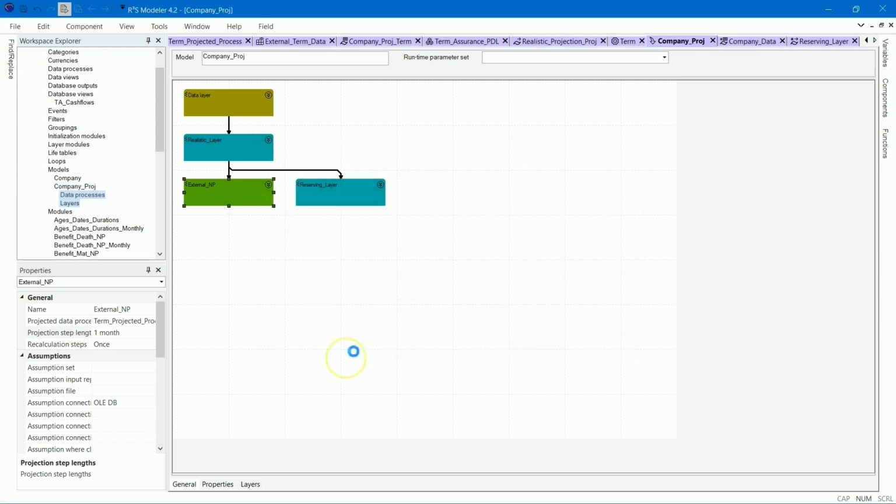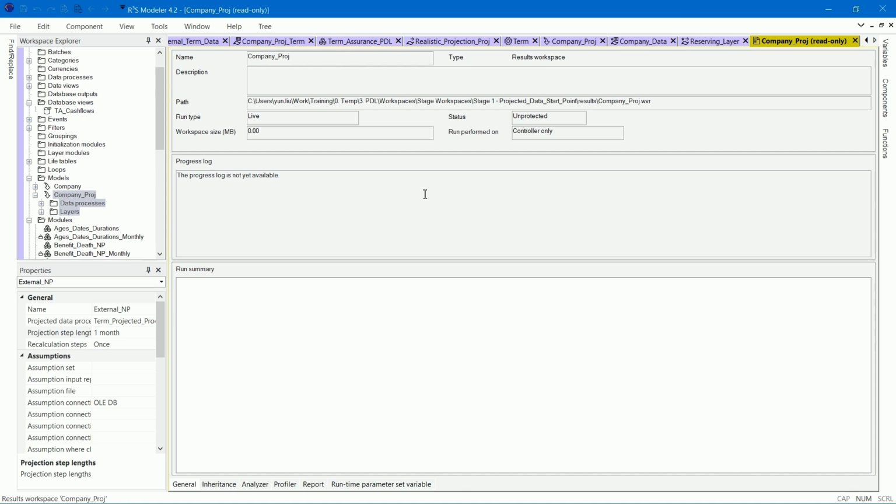And click OK. We now have results for the company Proj model, but it would be useful to show the results from the company model to see that these results match. Open the company model and run it in live mode.